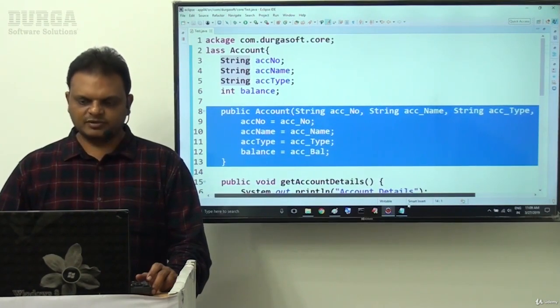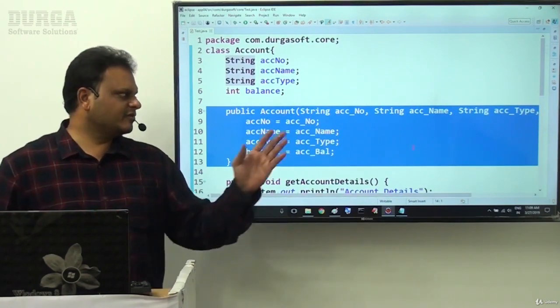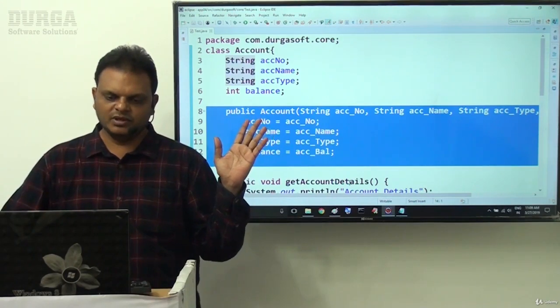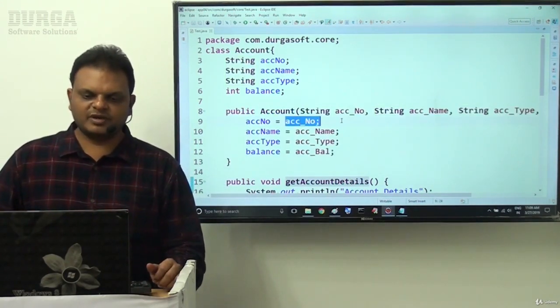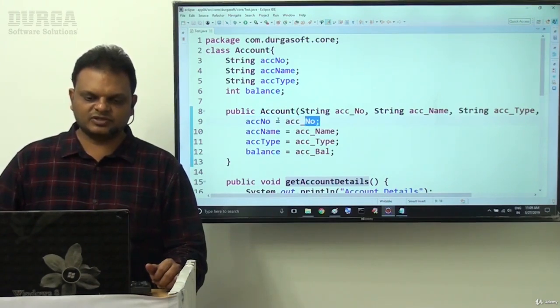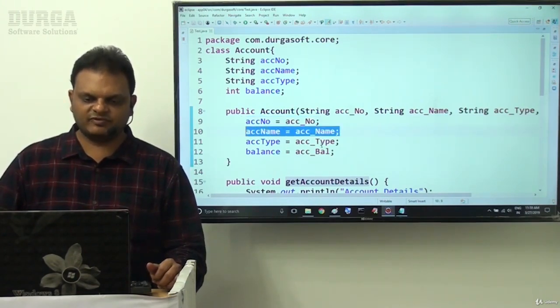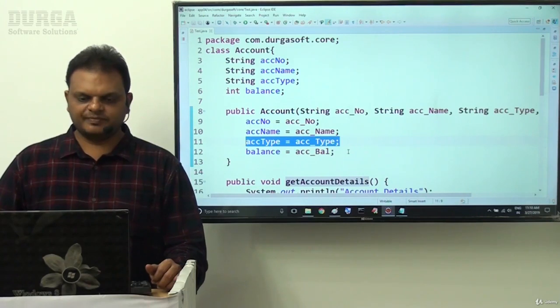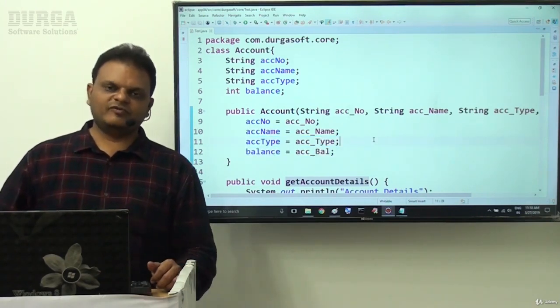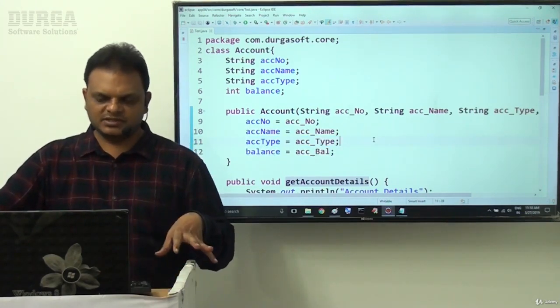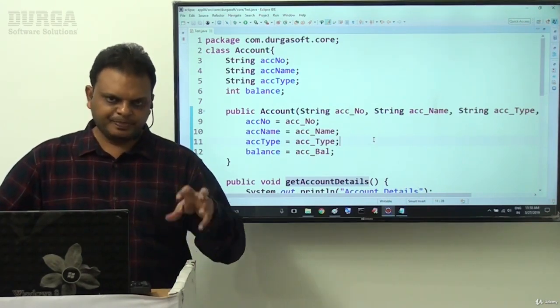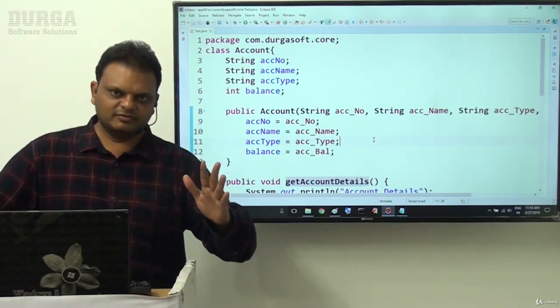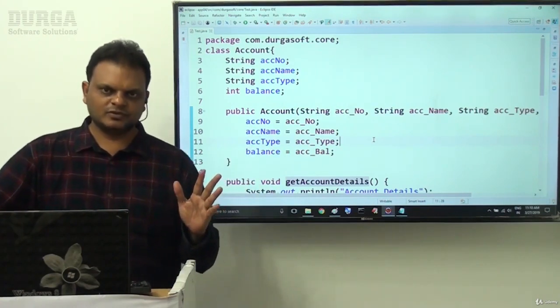Now the parameter variables we have taken are assigned to the class level variables. Why do we assign these local parameter variables to class level variables? The answer is very clear. In Java programming, local variables data will be stored in stack memory.